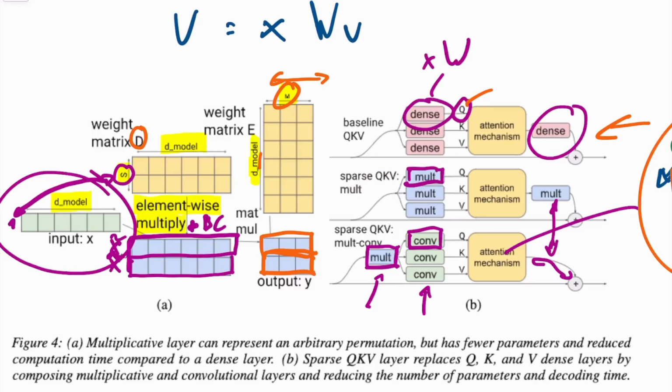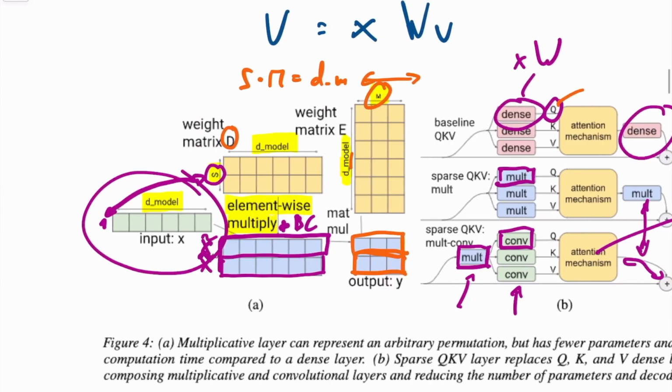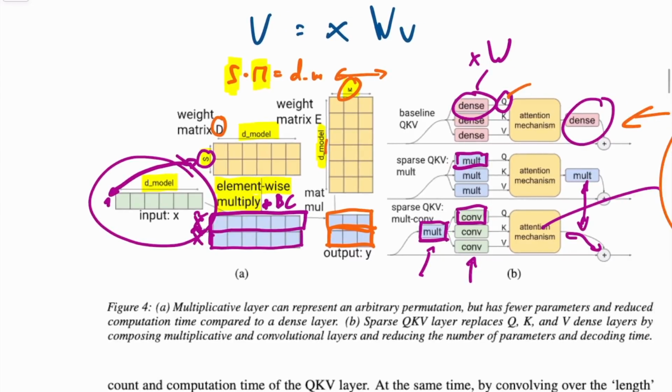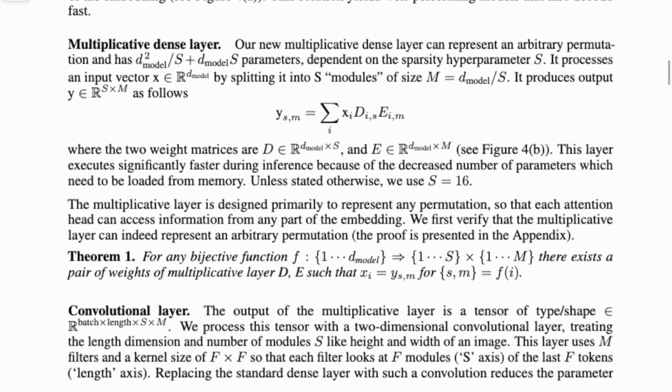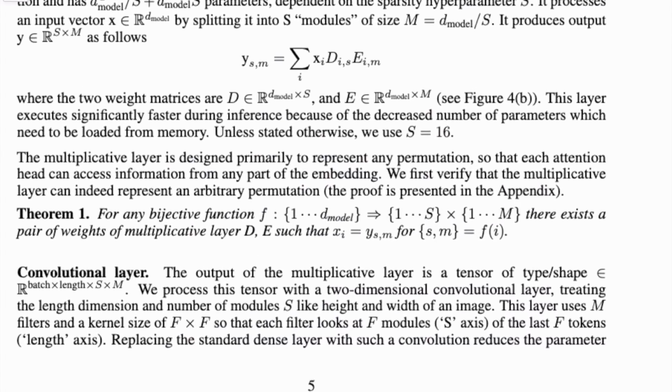Okay. There is a thing, they don't just choose M arbitrarily. They in fact choose, I believe, S times M equals D model. That is their formula. So if they split into S different heads, like in this case you see S is 2, then M is 3. And that has a very particular reason, namely, they say with this particular construction of the element-wise multiply followed by the multiplication by this weight matrix E, they have a theorem. Where is the theorem? There's the theorem. The theorem essentially says that they can